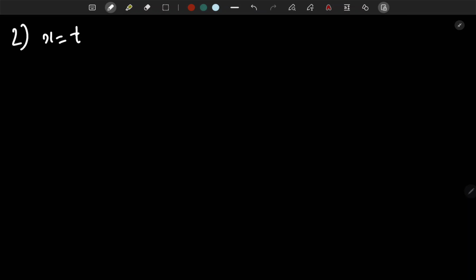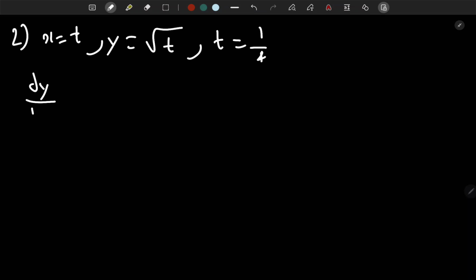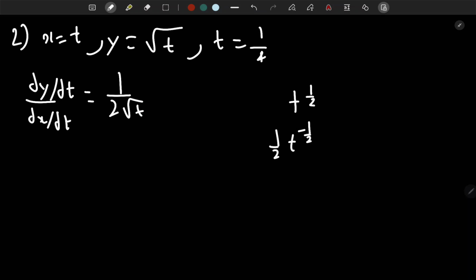So x is equal to t and y is equal to radical t, and we are calculating the derivative at t is equal to 1 over 4. Again, I'll just do dy over dt over dx over dt. What is the derivative of radical t? It is t to the power of half. We take the half down, so it's going to be half t, and half minus 1 is negative half power, and we can take this down, so it's going to be 1 over 2 radical t, over